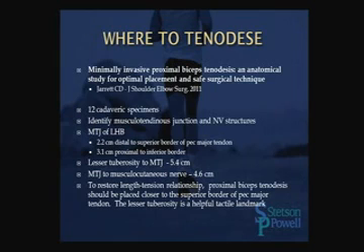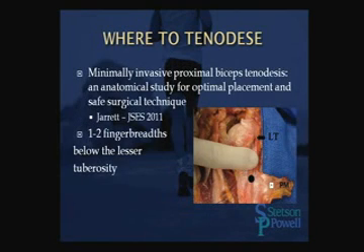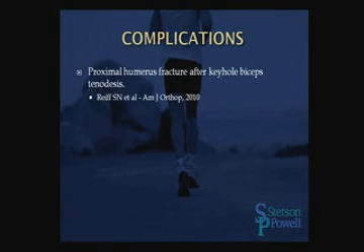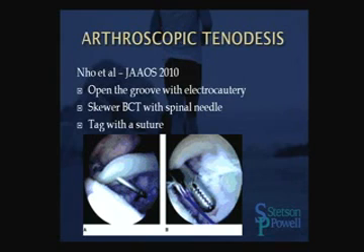And these cadaveric specimens were looked at for optimal placement for safe surgical technique. And they determined that minimally invasive proximal tenodesis should be 1 to 2 finger breadths below the lesser tuberosity to maintain adequate tension length. It's not without complications. Here's proximal humerus fracture after keyhole biceps tenodesis. But overall,